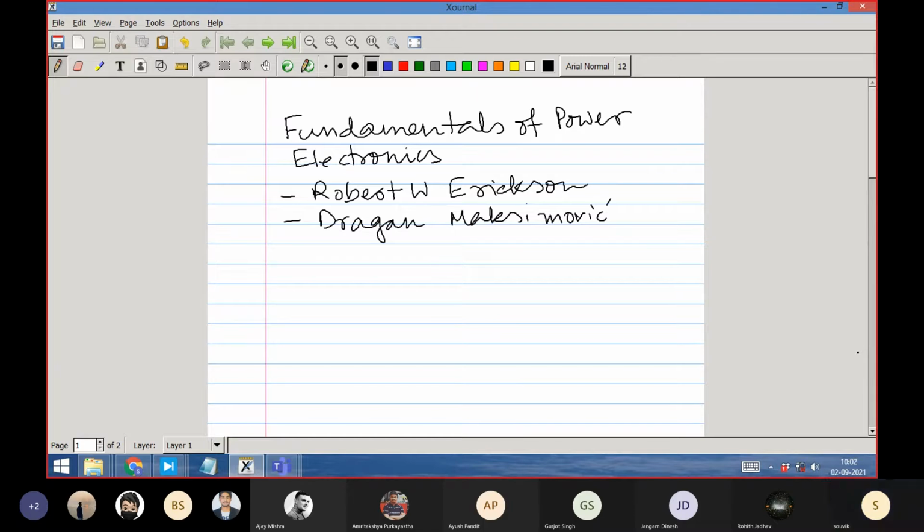So let's now continue the discussion. The last class I was talking about a case. Let us understand this philosophy of energy transfer first. We have two switches. This is a source. I just gave 10 volt to the source, and there is another complementary switch, that is Q bar. Q and Q bar implies that when Q is on, Q bar switch is off. When Q bar switch is on, Q switch is off. That is the complementary way of operation.